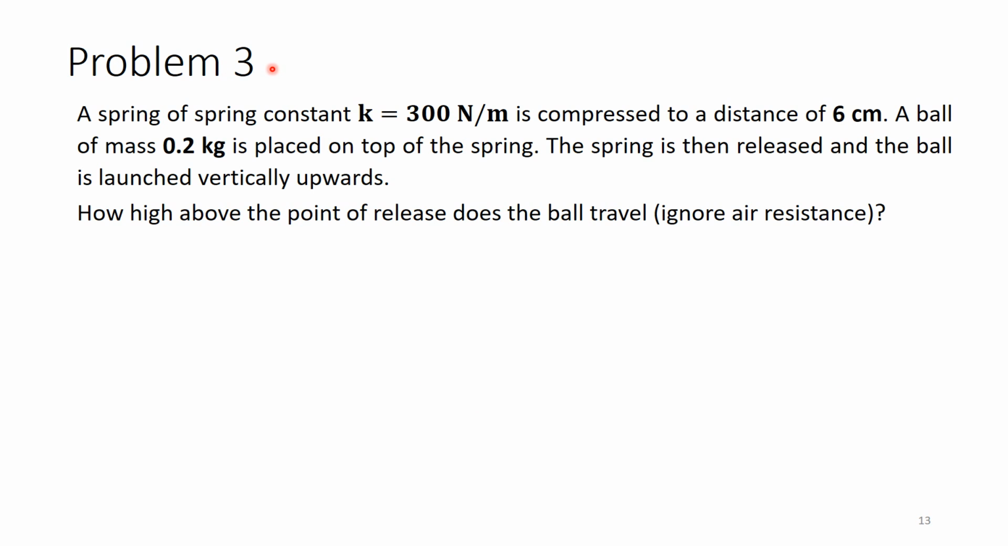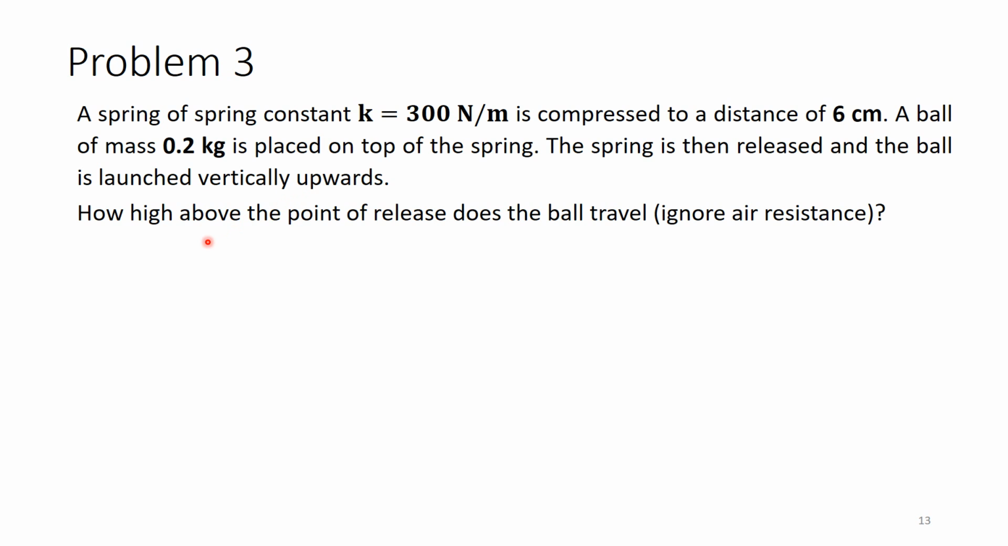Then problem 3. Here again we have a spring with a spring constant of 300 newtons per meter, and it's compressed to a distance of 6 centimeters. So we are compressing the spring, and the spring is gaining spring energy. Then we place a ball of mass 0.2 kilograms on top of the spring and release it. So the spring was compressed and there's a ball on top of it. When the spring is released, it transfers this energy to the ball, and the ball travels vertically